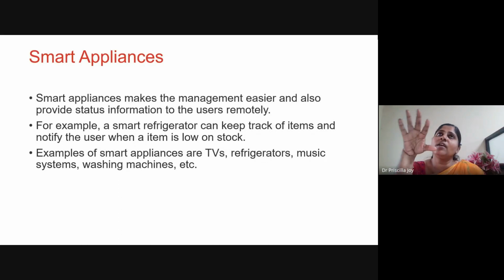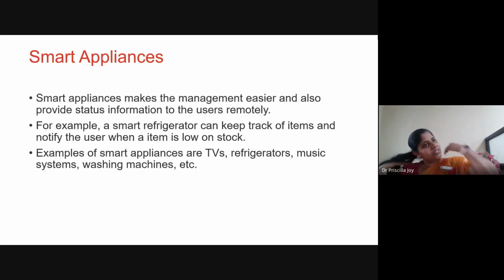And when we analyze, it will give the list of items, and if an item is less in amount, it will be notified to the user. So these are some of the uses when we have a smart refrigerator. And the other one is